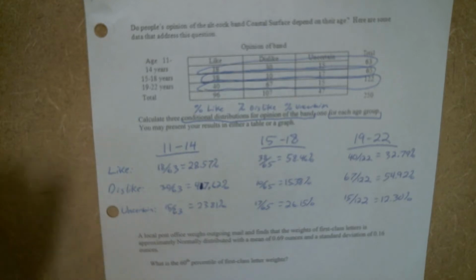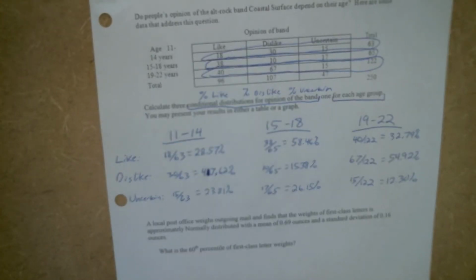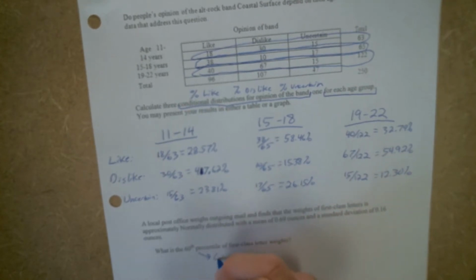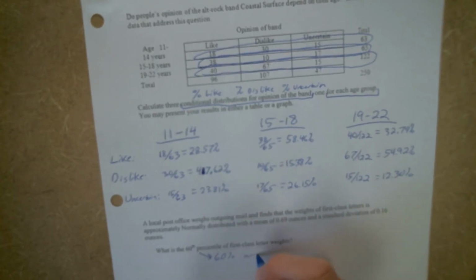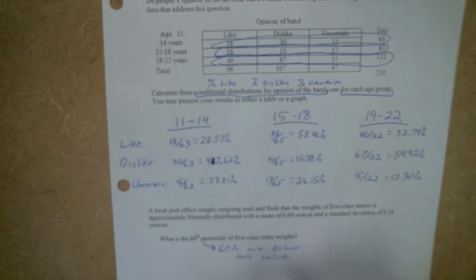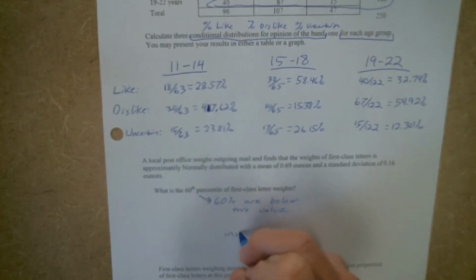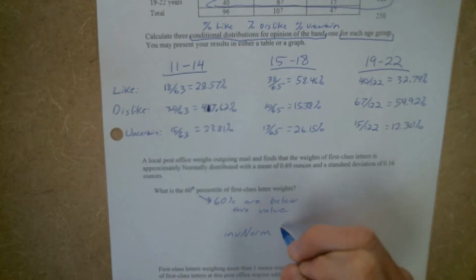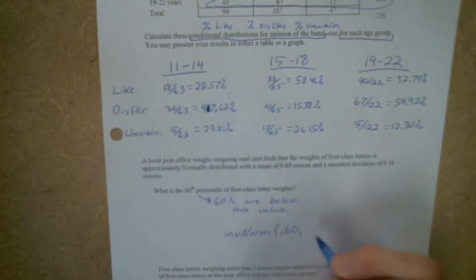All right. Number two here: the local post office weighs outgoing mail and finds that the weight of first-class letters is approximately normally distributed with a mean of 0.69 ounces and a standard deviation of 0.16 ounces. What is the 60th percentile of first-class letter weights? That means that 60% are below this value, which basically means we're going to use an inverse norm and say we want to know the value for which 60% of the area is to the left,